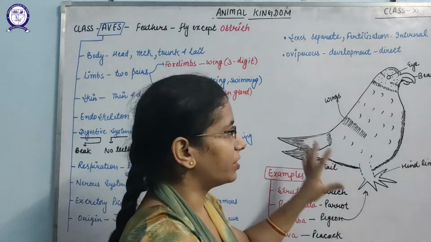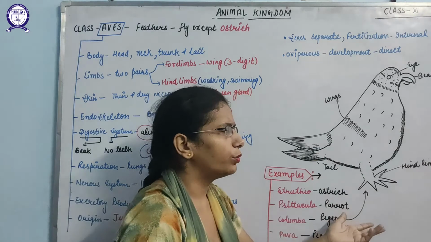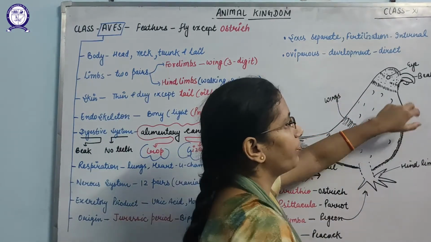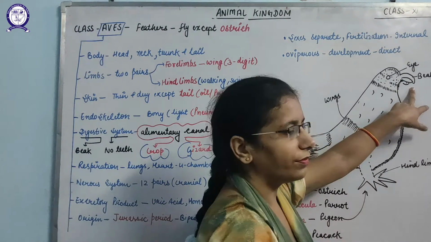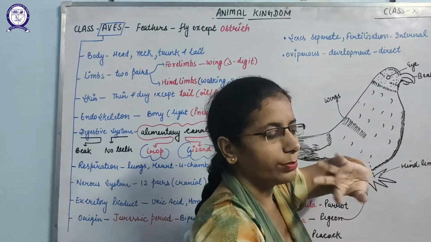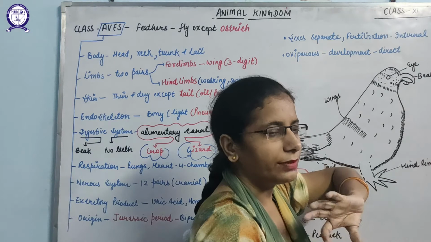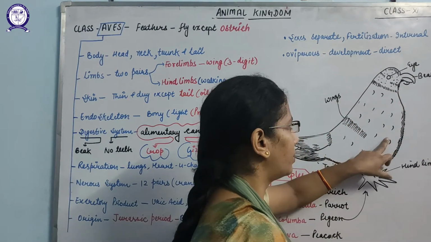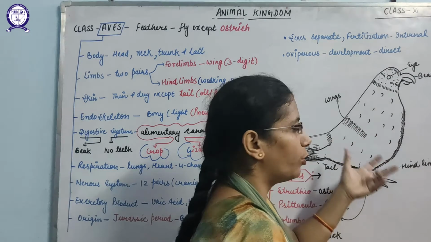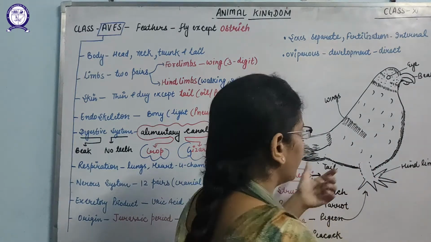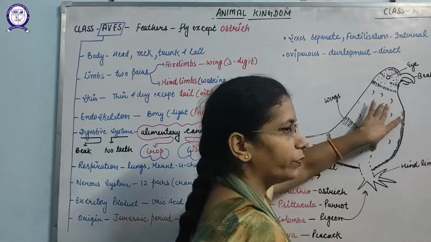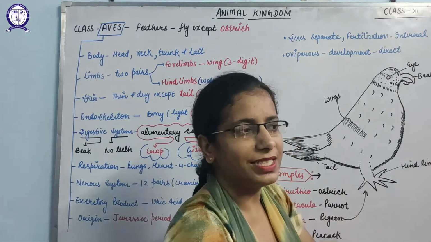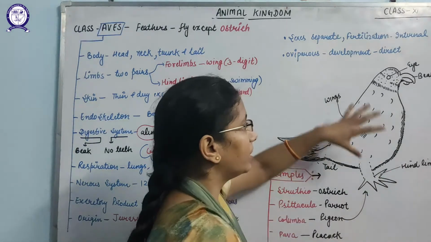If we see the structure, I have taken the example of the pigeon to explain some characteristics to you. This is a diagram of the pigeon. This part is known as the beak, that helps in the breakdown of the seeds and the food mainly. Then food is passed into the neck. After that it passes into the trunk, or abdomen, where the alimentary canal is divided into 2 parts. The crop will store the food. After that the crop will pass the food into the gizzard, and the gizzard will do the crushing.